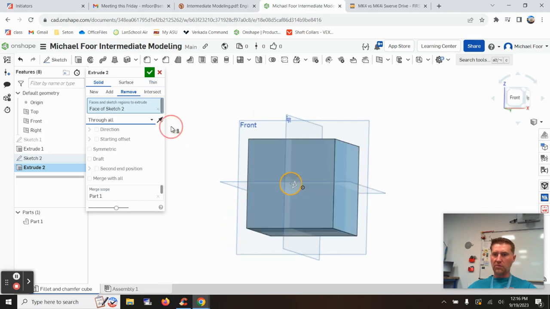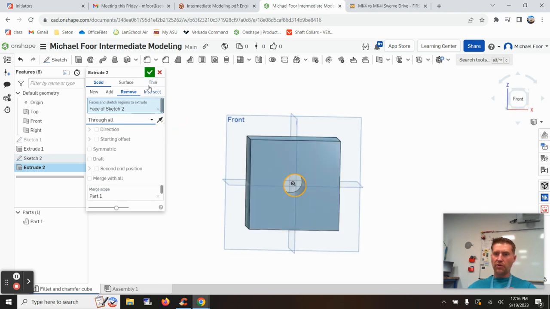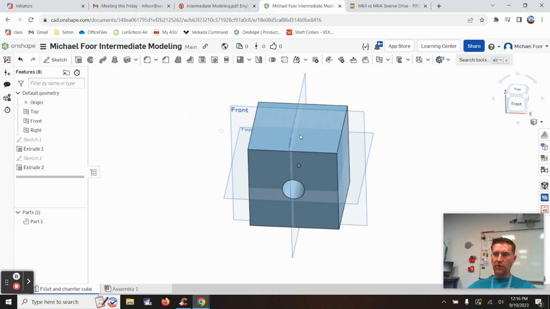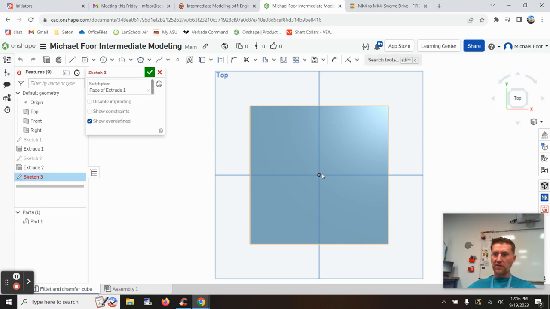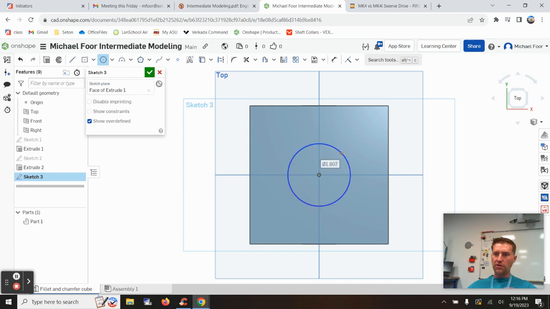Okay, so just kind of rotate around a bit, make sure that it's going all the way through. Mine is, so we're good to go. So I'm going to do the same thing on this top plane, and here's why I did that symmetric, because it makes it really easy, because we have that origin in the center. So sketch on the top face of the cube, lock onto the origin, make our 1 inch circle,